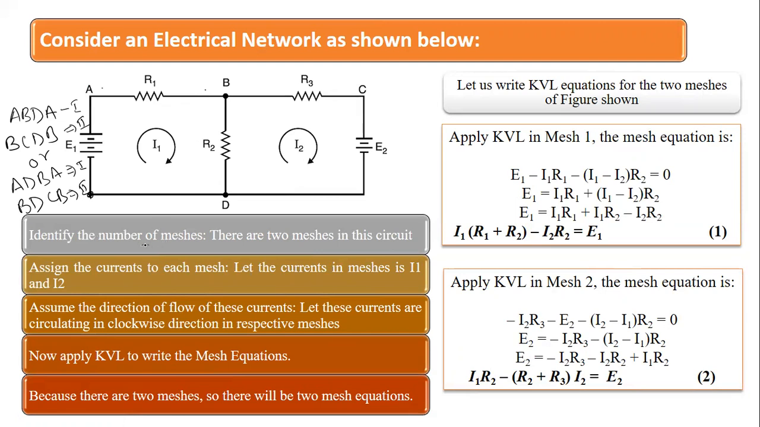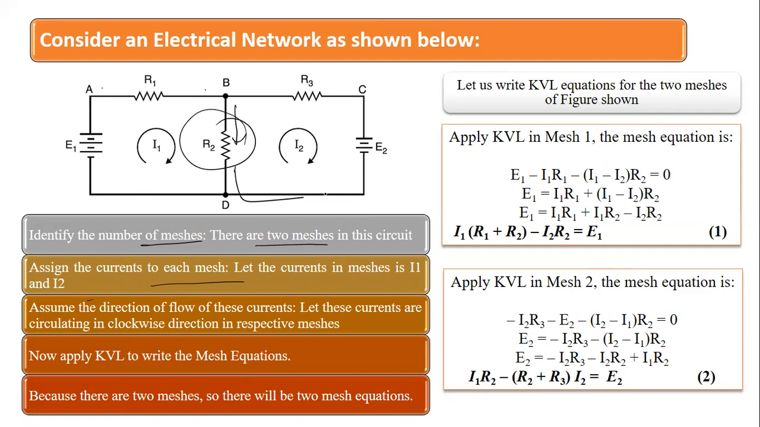Now the first thing is identify the number of meshes, then assign some current to each mesh. So I have assigned here I1 and I2 as the currents, let us say. Now as you can see in this particular circuit, there are two independent branches and one common branch. So this is the common branch, and this one and this one, means what you say,